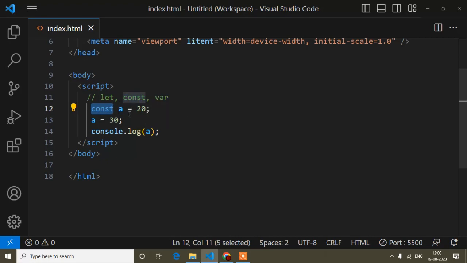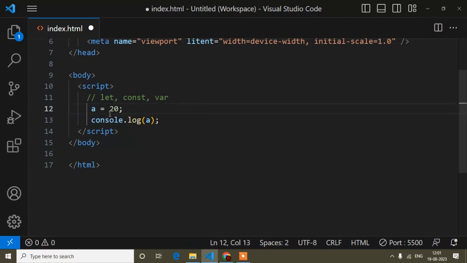This is one difference. In this case there is no difference between var and let, but the difference is there in const. Okay, so that is one difference. Now here I will show you another thing. First of all, if I write here a, there is one JavaScript thing. If I write here a is 20, now let's see what I will get.